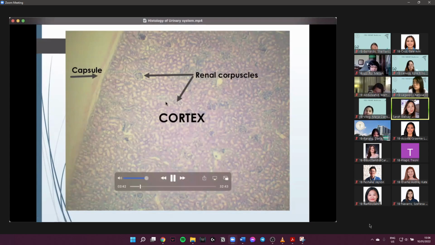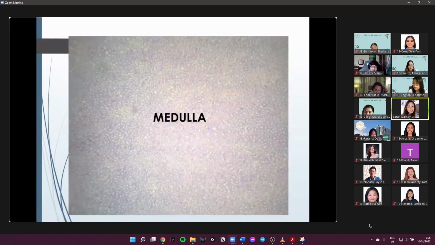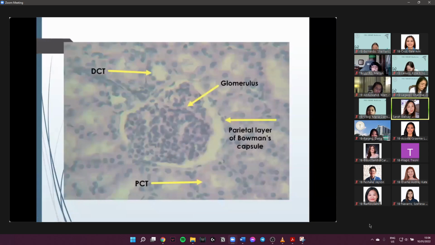Okay, let's look at this further. And again, on the other half, of course, we have the medulla, where you only find tubules. So if you have only tubules in your scene, this means that you are in the medulla. On the other hand, if you see corpuscles in your picture, then you are in your cortex. Now, let's go back to the cortex.